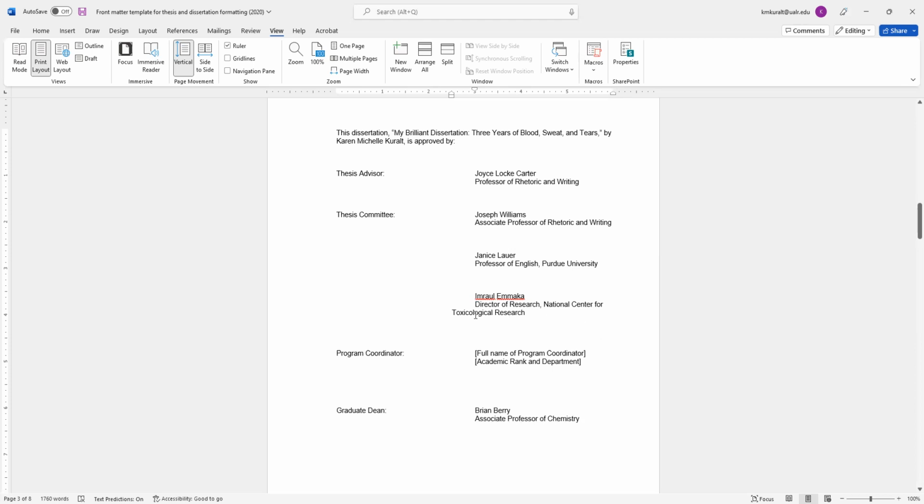And by the way, it's never good to have a bump out onto a line, like everything needs to line up. So what I'm going to do is push the whole name of where he works onto the next line so that it lines up. Very neat and orderly. Any questions about that? Okay, do any of you have committee members who are not either here at UALR or working at another university or working in industry? Do you have any strange cases that you have questions about how to properly credit them?